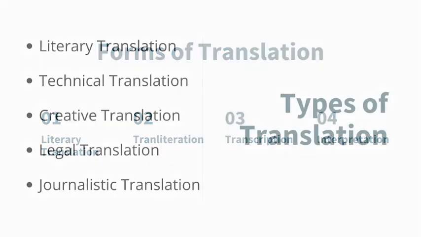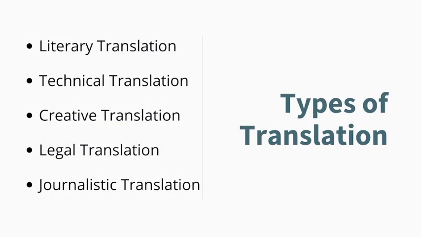Now we are moving towards the types of translation. Here also literary translation is there. We have studied in last part literary approach. So literary translation is basically transforming a literature content. It may be a story or a novel or a poetry. Okay, it can be any literary form, it is translated from source language to target language. That is called literary translation.